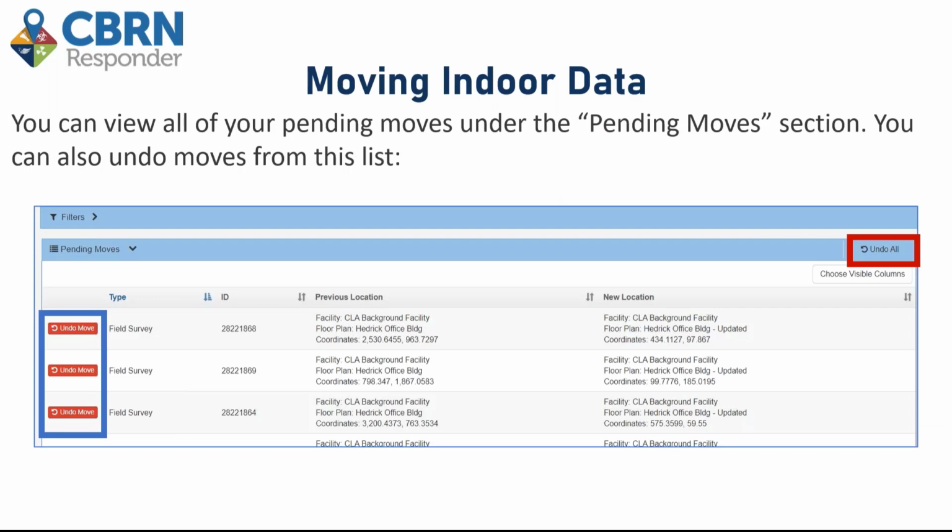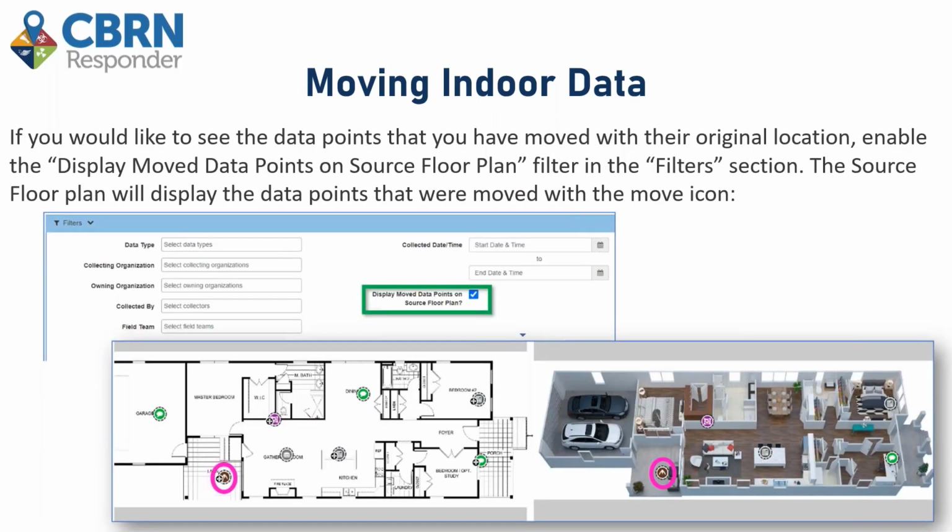There is a section to view your list of all your pending moves. You can review this. You can also undo the moves. Floor plans may have different orientations or different sizes, so you just want to make sure that they're reflected accurately. So you can expand the filters menu and select this Display Move Data Points on Source Floor Plan option. And this is going to allow you to see the source floor plan with the data points that were moved